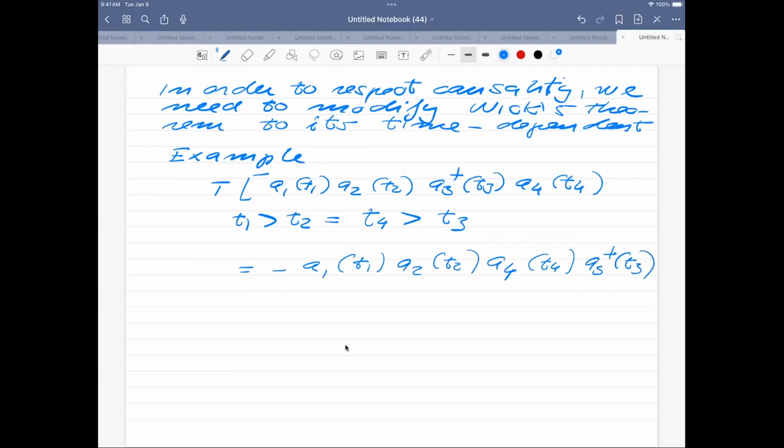So this sequence is actually okay, because now we would create a particle at the time T3, which is smaller than T4, or before T4. And this would be the change of the operator. So we would have a minus sign because we need to change the two operators here. So what we can do then, if we look at that matrix cell, the example we had previously, if we now look at the previous example,